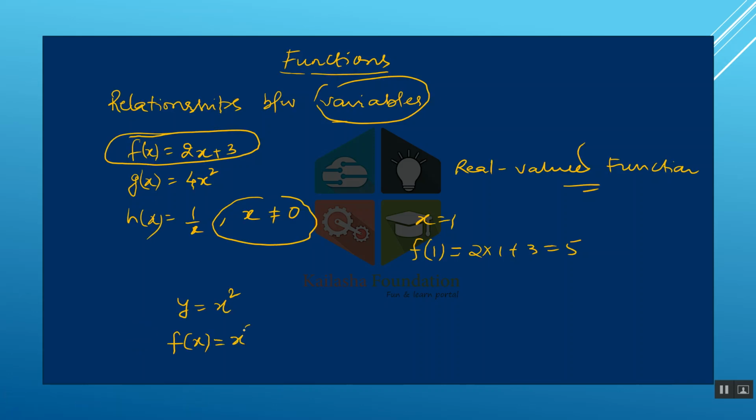f(x) is equal to x square, and if we put minus 1, we get minus 1 square, that is 1. If we put minus 2, we get minus 2 square, that is 4. We get one output, not two outputs. But if we think of the other side, that y is equal to x square and